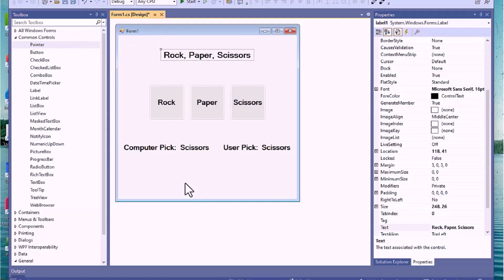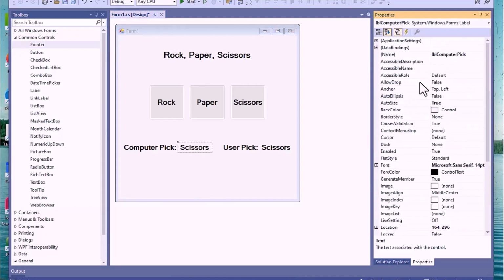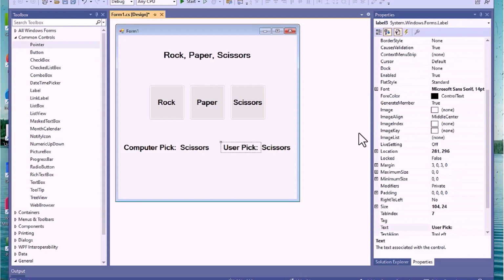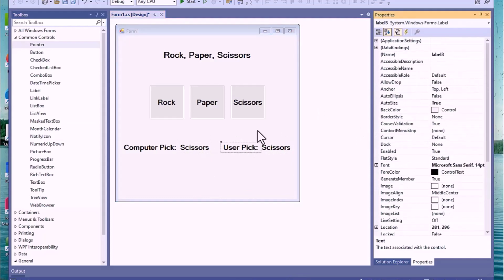Okay, we also need another thing down here. We're going to need a label, actually several labels. These guys are named. We named these computer pick and user pick. We did not name these. We don't have to because they're going to be labels that are just going to be sitting there saying user pick, computer pick. But we're going to have three labels down below here,